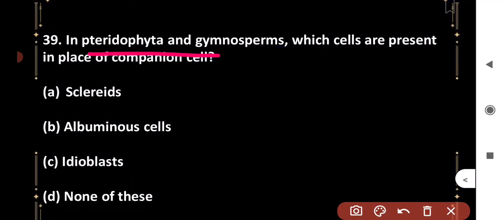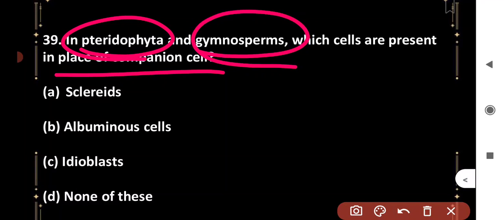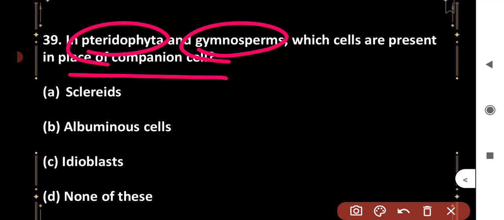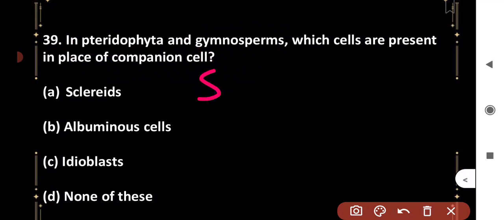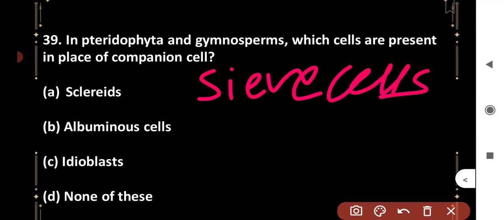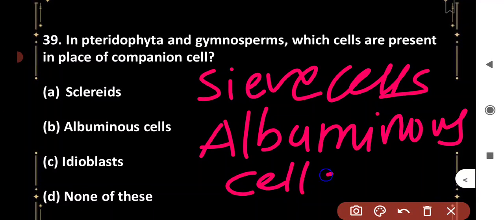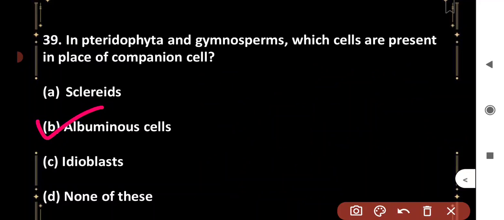In pteridophytes and gymnosperms, which cells are present in place of companion cells? Gymnosperms and pteridophytes, instead of sieve tubes, they have sieve cells. Sieve cells instead of sieve tubes. And instead of companion cells, they have albuminous cells. Albuminous cells, right? So the correct option is B. Next,